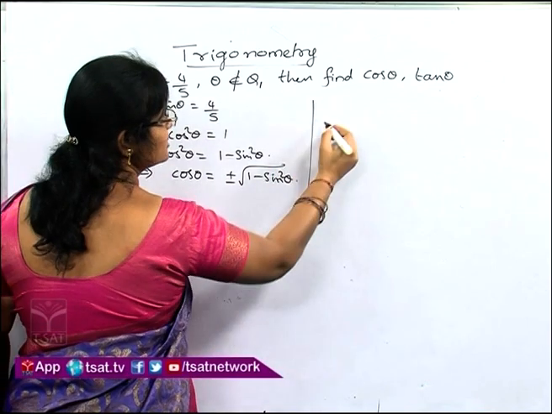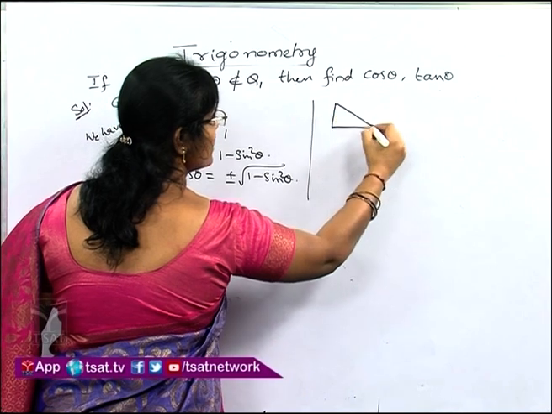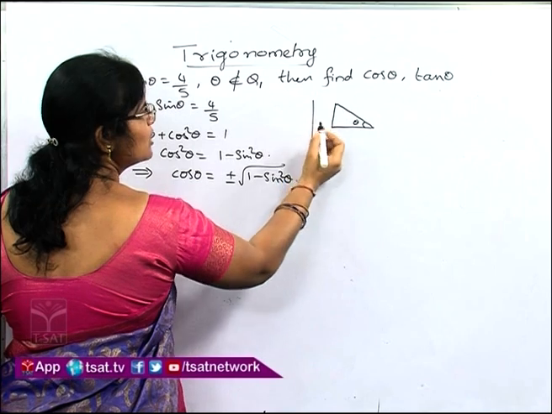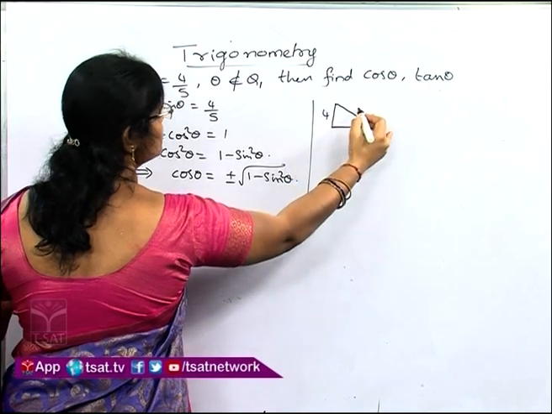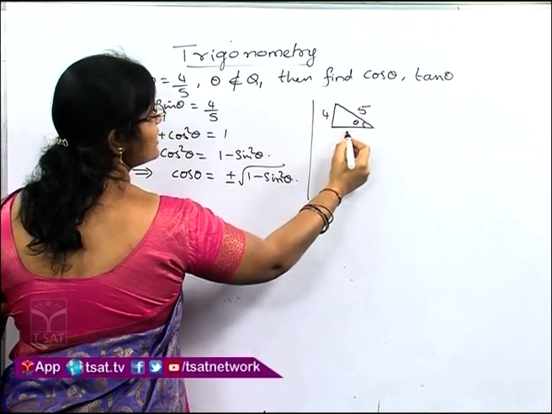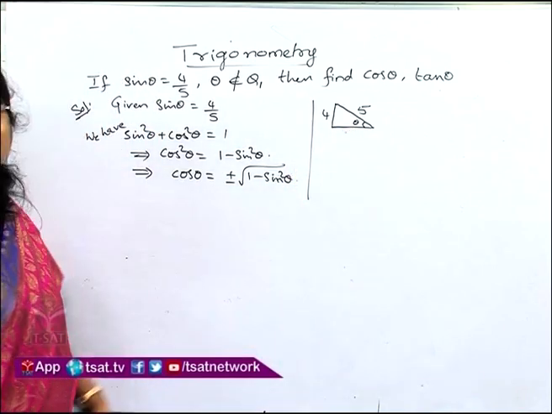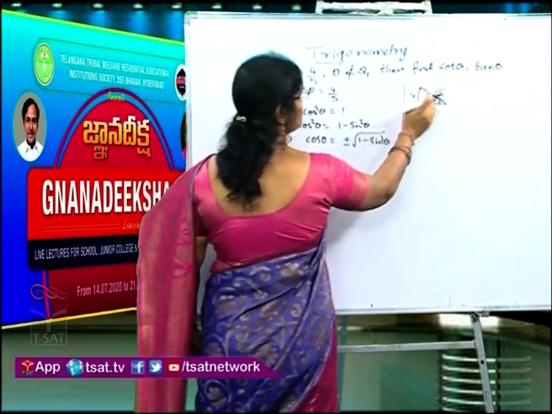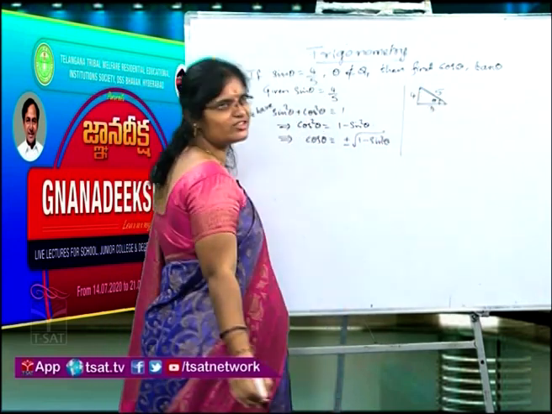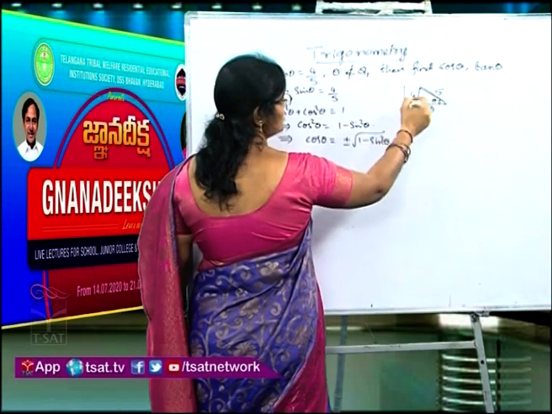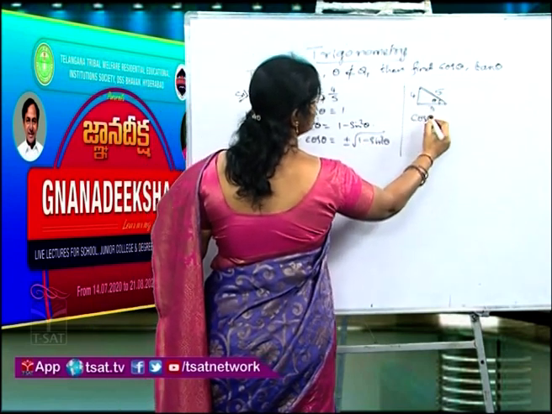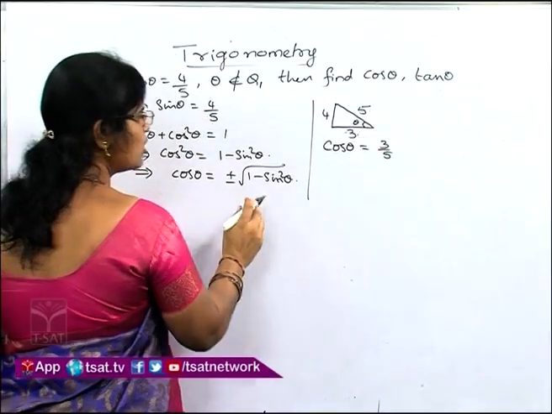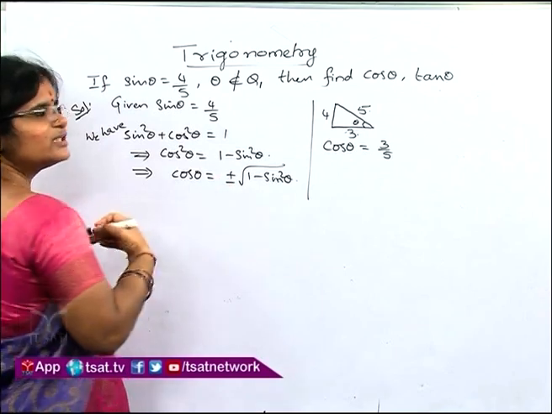And another method is, we know from a right angle triangle by Pythagoras theorem, if this is the angle theta, the opposite side is this and hypotenuse is this, and what is this side? How will we find it, children? By Pythagorean triplets. You already know what Pythagorean triplets are. So if 4, 5, then this will automatically be 3. Now by this triangle directly we can write cos theta equals adjacent side by hypotenuse, that is 3 by 5, or if you substitute the sine value, here also you will get it.